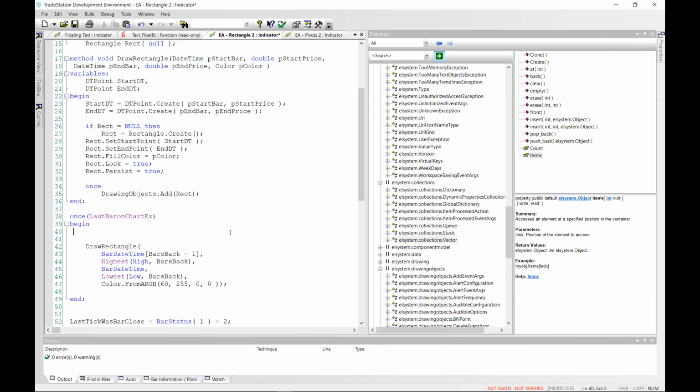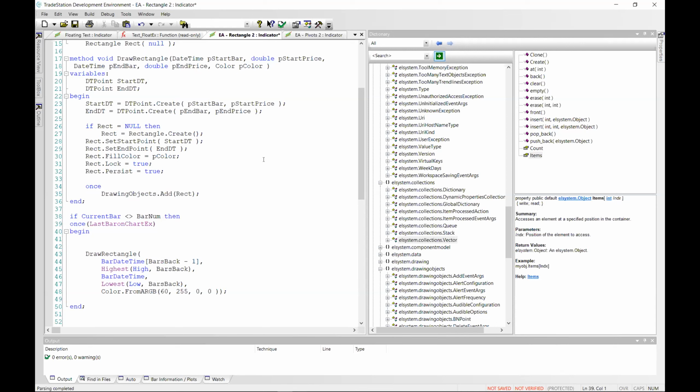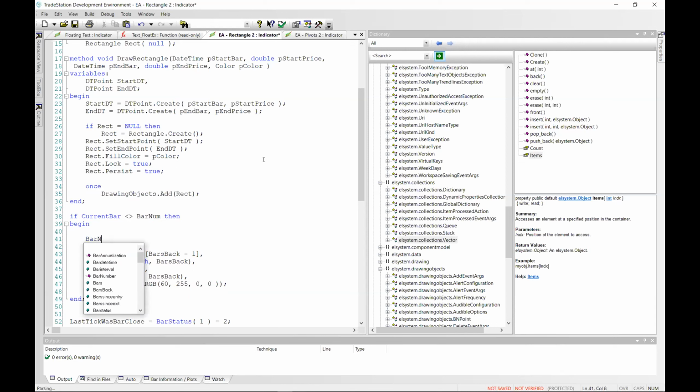So what we're going to do is say if current bar rather than last bar is not equal to, we'll create a variable called bar num. Then we need to move this along. Otherwise, we don't. So bar num will be set to current bar. You guys following this?